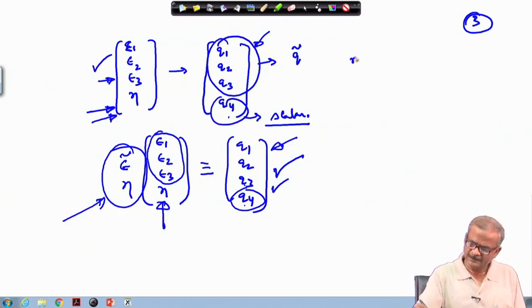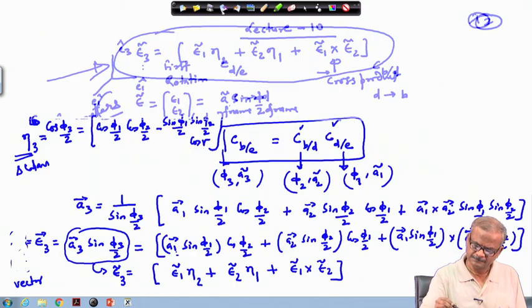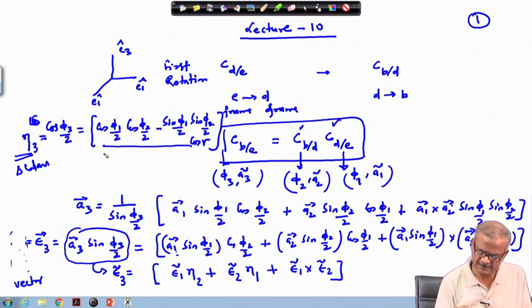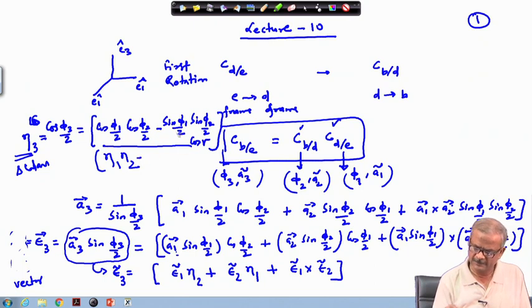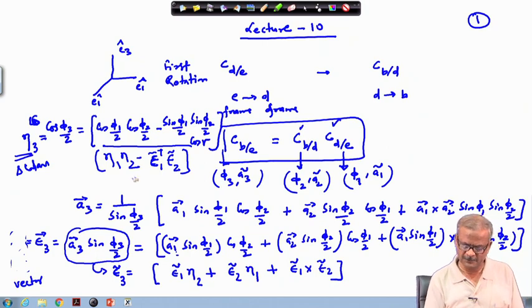Okay. So, finally, we have the eta 3, which we can write as eta 1, eta 2. If we go to the previous page, this part. Okay. So, here we can write this as eta 1, eta 2 minus this part. So, this part is nothing but your epsilon tilde 1 times epsilon tilde 2. This is the inner product of these two vectors, that we will see how it is.